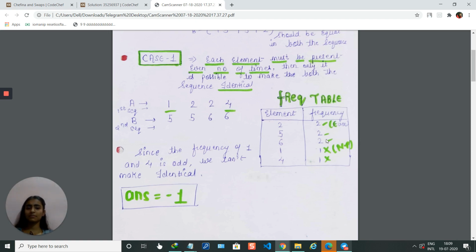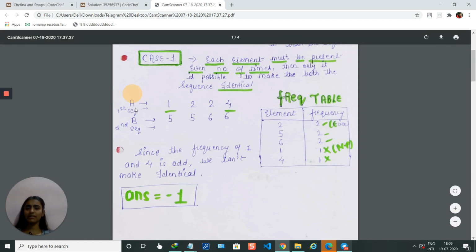What I have to do is make both the sequences identical. So 2 occurs 2 times: I will give one 2 here and one 2 there. Similarly 5 goes once in the first sequence and once in the second, and likewise for 6. But when 1 comes, I can give it either in the first or the second sequence, because its count is 1.